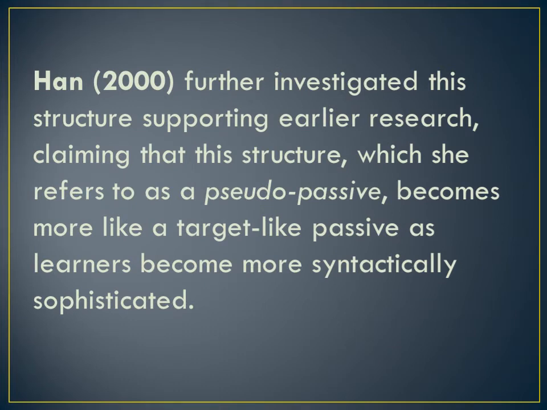So Han 2000 further investigated this structure, supporting earlier research claiming that this structure, which she refers to as pseudo-passive, becomes more like a target-like passive as learners become more syntactically sophisticated. When we say pseudo-passive, it pertains to a verb construction that has a passive form but either an active meaning or no grammatically active equivalent. Han examined spontaneous writing of two Chinese learners of English of advanced proficiency, finding both a true passive and a structure that looks more like a topic-comment structure in the same writing,